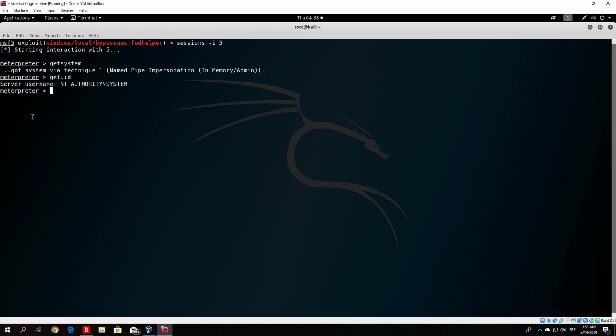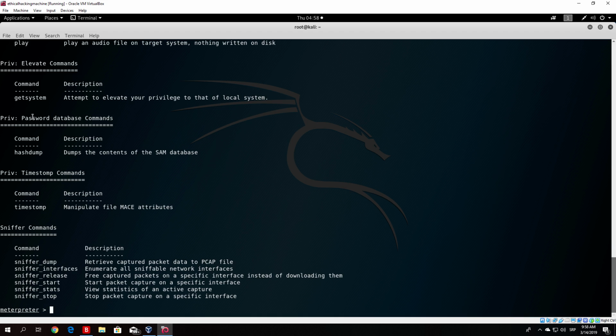So once we exploit the target, basically what you want to type here is use sniffer, and it will say loading extension sniffer success. All we want to do right now is check our available options with the help command. And right here at the bottom we will see that it added the sniffer commands, which are sniffer dump, sniffer interfaces, sniffer release, start, stats, and stop. Now, before we begin the sniffing, we actually want to see the available network interfaces on the target. So if we just type here sniffer interfaces,